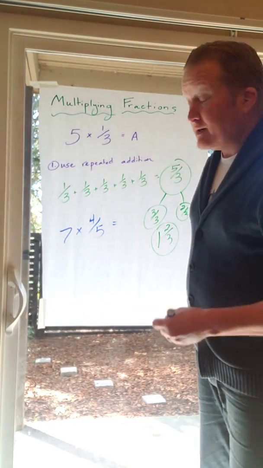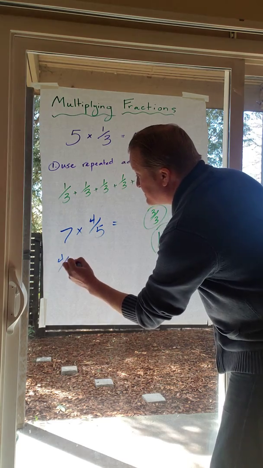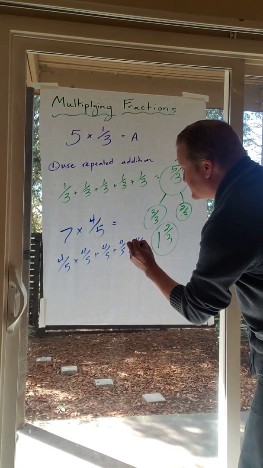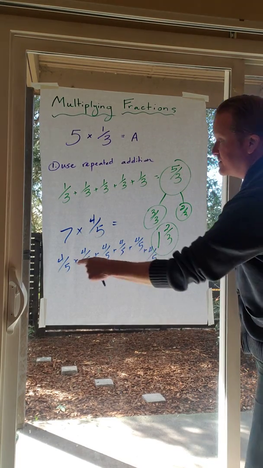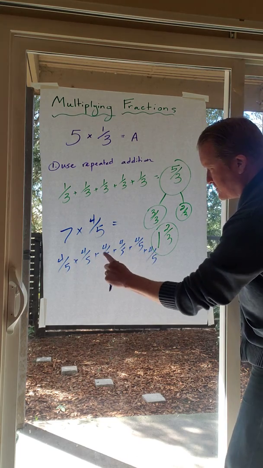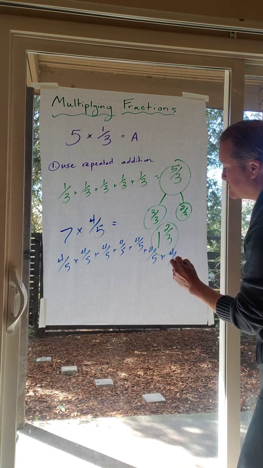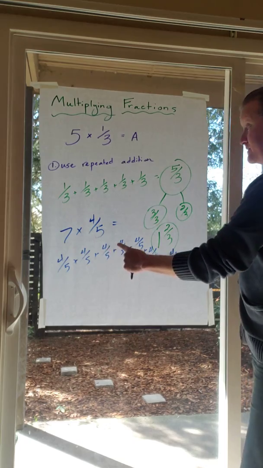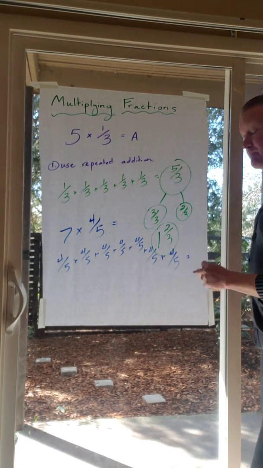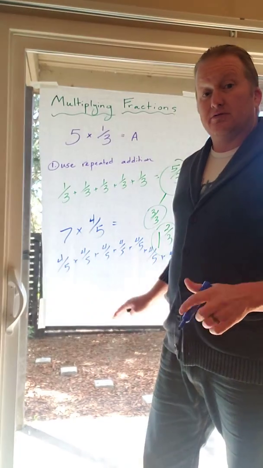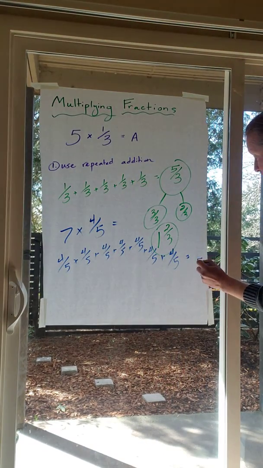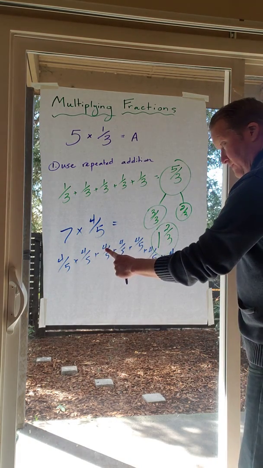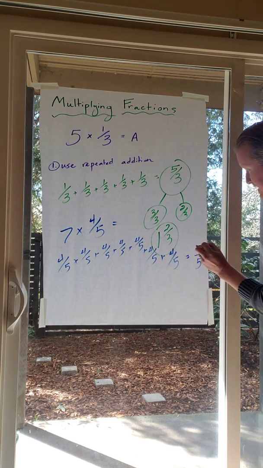With repeated addition, I would just write this as 4/5 plus 4/5 plus 4/5 plus 4/5 plus 4/5 plus 4/5 plus 4/5. 1, 2, 3, 4, 5, 6, 7. That is 7 groups of 4/5, or 7 times 4/5. And as you know from adding fractions, the denominator never changes. We keep that same unit. So we know this is fifths. How many total do we have? We have 4, 8, 12, 16, 20, 24, 28